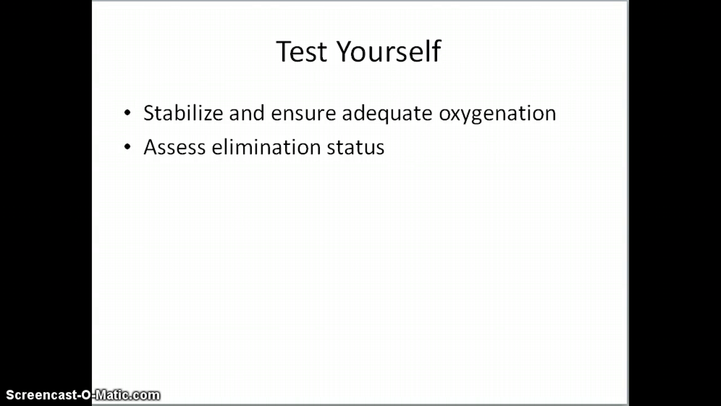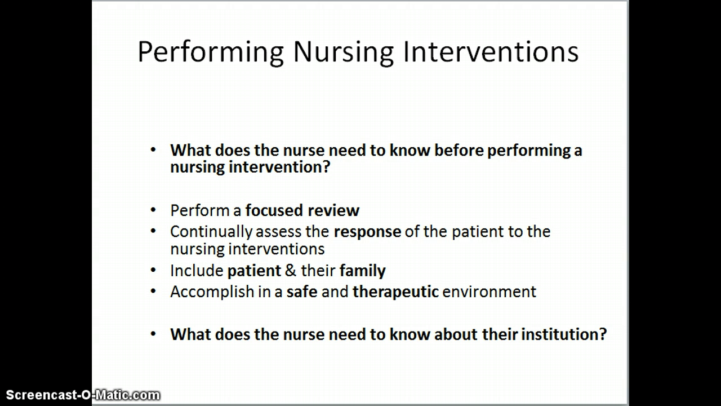Oxygenation is our priority with that one because that goes along with airway. When we perform our nursing interventions, we need to remember, what does a nurse need to know before we do something? And that's why we get report on our patients. That's why we continuously assess them and check on them frequently. We need to include the patient and family and keep the environment safe for that patient